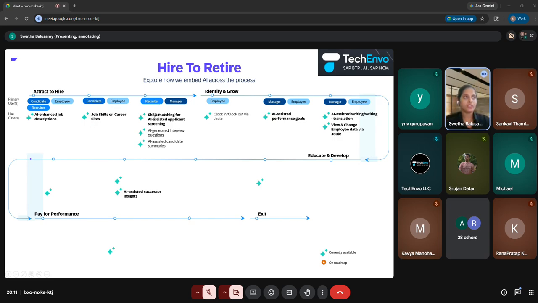And then we also have AI to help in applicant screening based on the matching skills. We also have AI to help generate interview questions, and AI assisted candidate summaries. Employees can also make use of Joule to clock in and clock out with simple natural language queries. And then we have AI assisted performance goals, which can be used by employees and managers to manage their performance